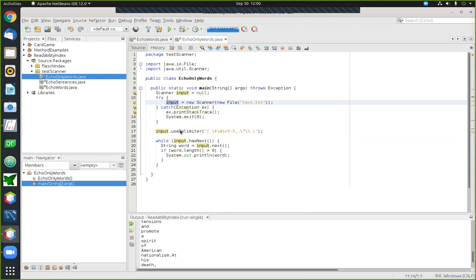All right, here's what I'm going to do. I'm going to use this method. It's called the use delimiter method. And the way it works is you pass it a chunk of text, and inside the text are all the things that you would like to treat as delimiters. Right, so what I'm saying here is that the scanner should use a number of things as delimiters. So one of these is a space, another is the tab character, another is the new line character, another is the carriage return, and there's a bunch of other things that I would like to treat as separators.